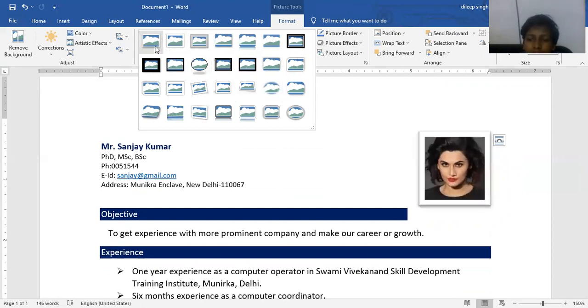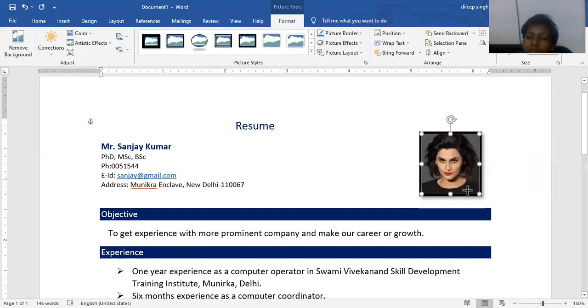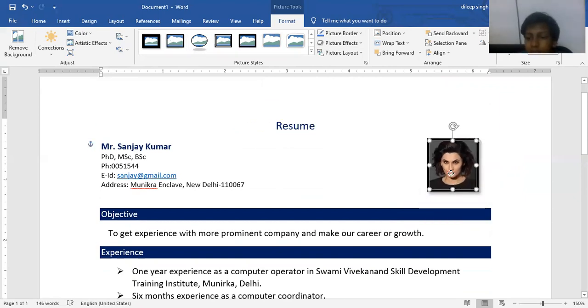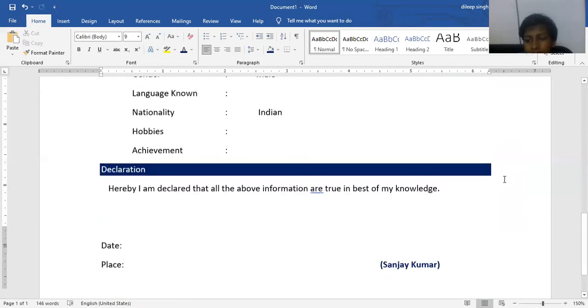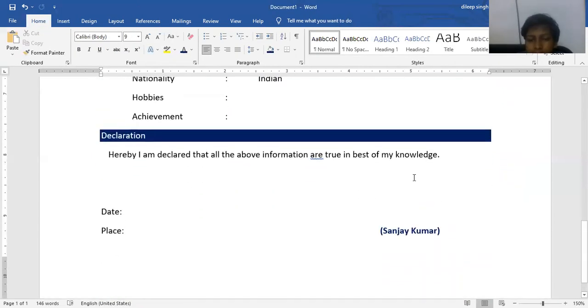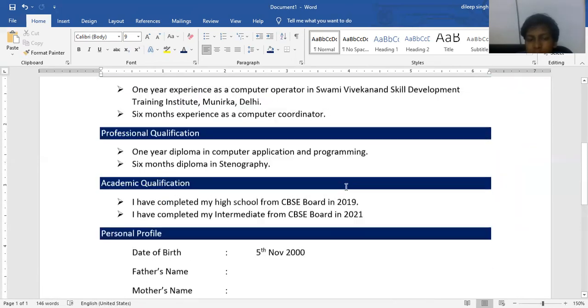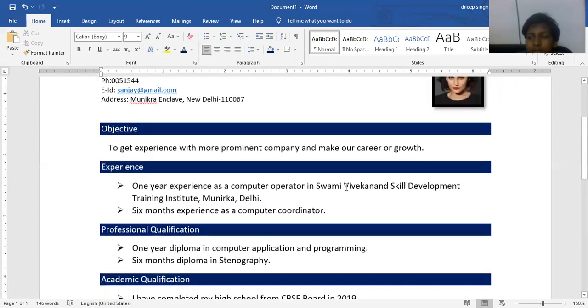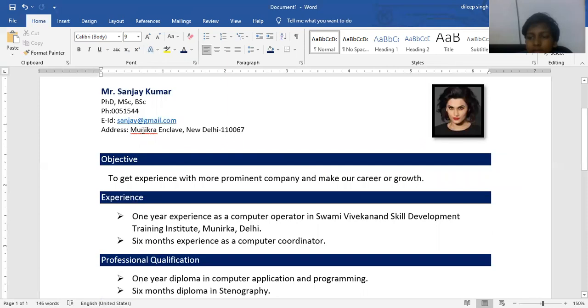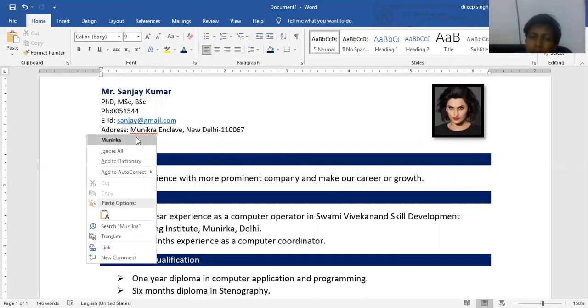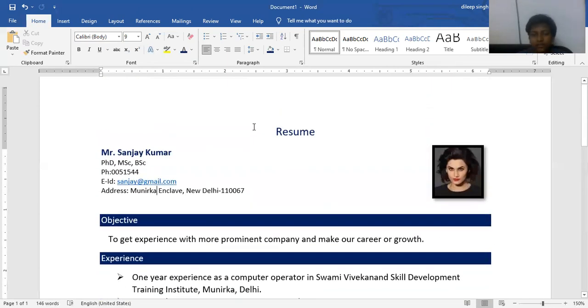We just use a simple border like this, decrease the image size and place it like this, and it is the resume of Sanjay Kumar. Clear? Yes, sir. Easy or tough? I think it's easy. Okay, it's easy, sir.